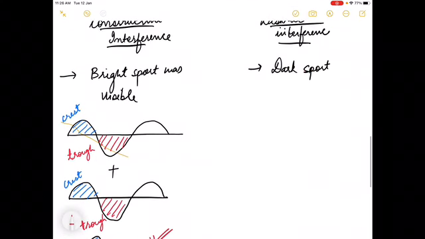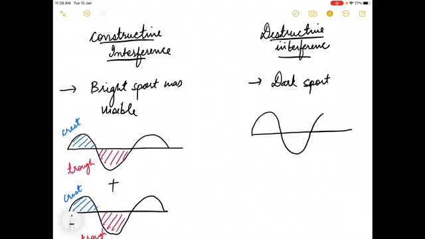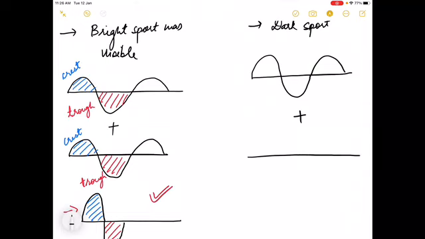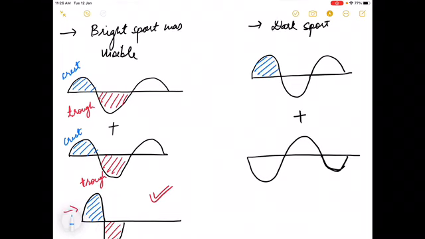Very similarly, let's talk about dark spot. What is happening in destructive interference, right? So let's say you have a wave, something like this, okay? And you are adding this wave with another wave, but this time the wave is of a different character, right? Now this time what is actually happening? The crest of the first wave is being added with the trough of the second wave, right? That means the first amplitude is like this, the other amplitude is like this, at the end they will kind of nullify each other, yes or no, right?